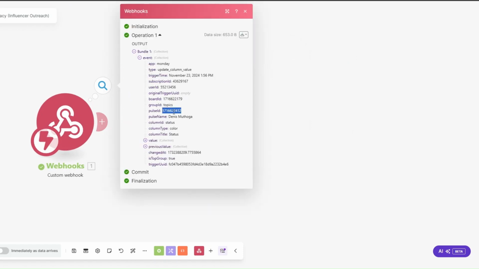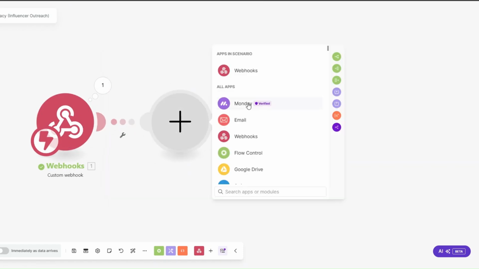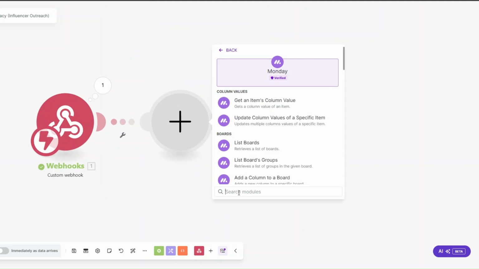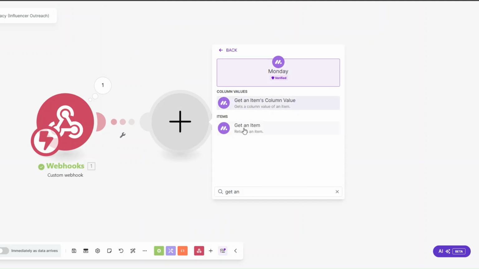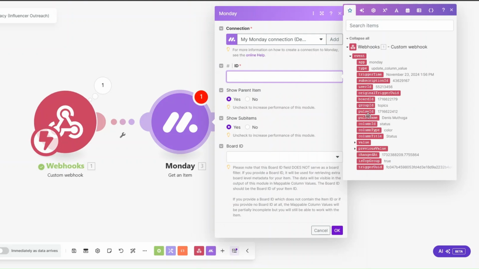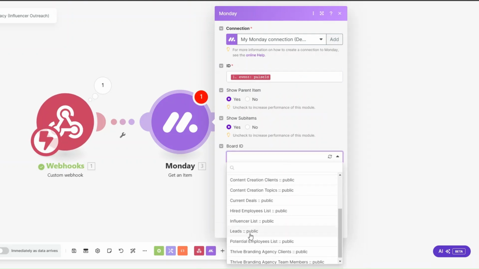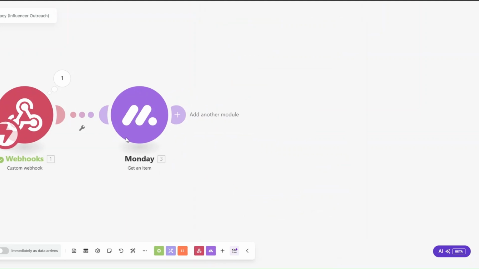So here I'll copy this pulse ID to get the rest of their data. On Monday, I'll search for get an item. Click on get an item. For the ID, I'm going to add the pulse ID. And then for the board ID, I'm going to choose our influencers list. Then click on OK. Then I'm going to run